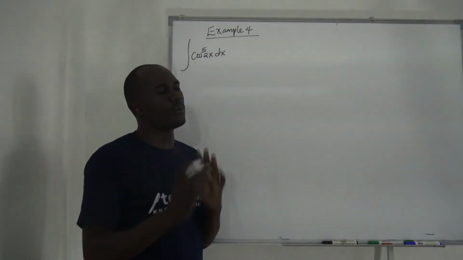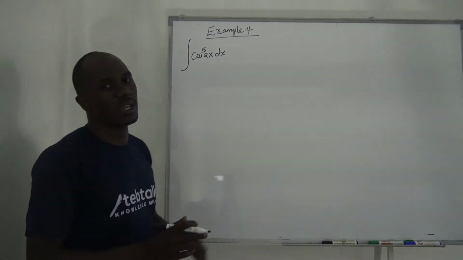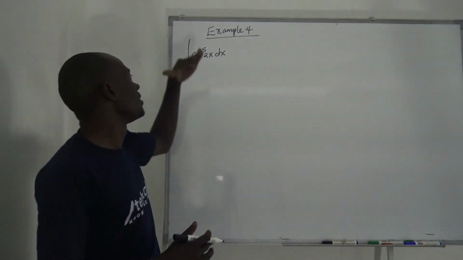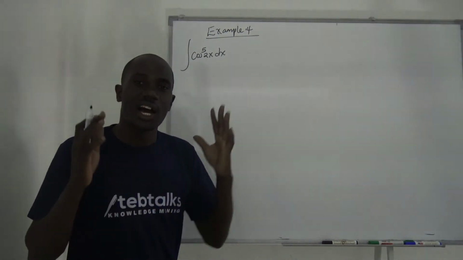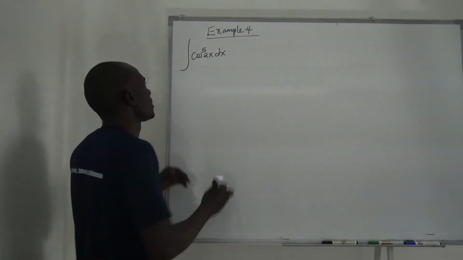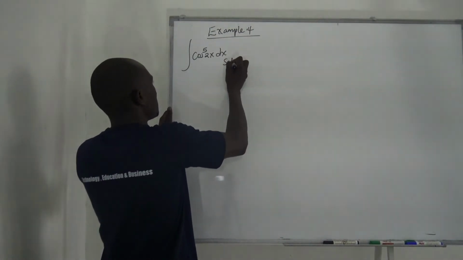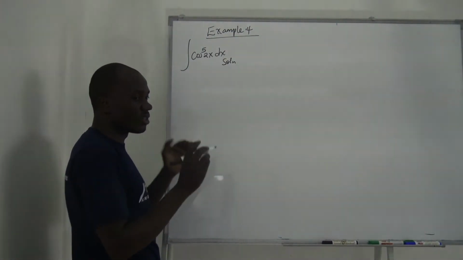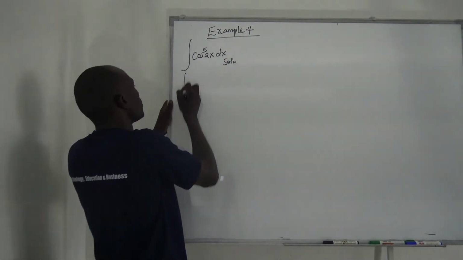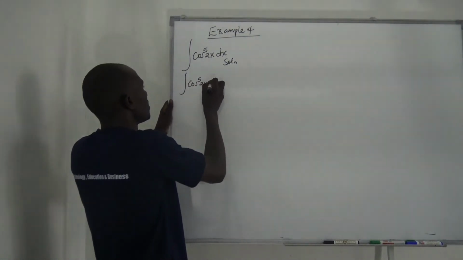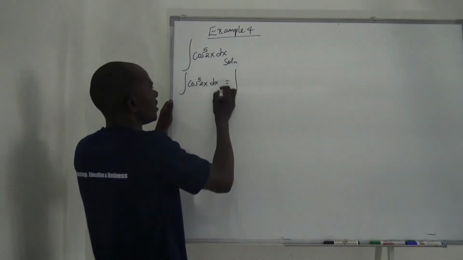The first step is to observe the type of power given. Is it odd? Is it even? In this scenario, it is an odd power. How do we relate to this? We use the Pythagoras theorem, which means you are going to create an even power. So the integral of cos power 5 of 2x dx is the same as the integral of